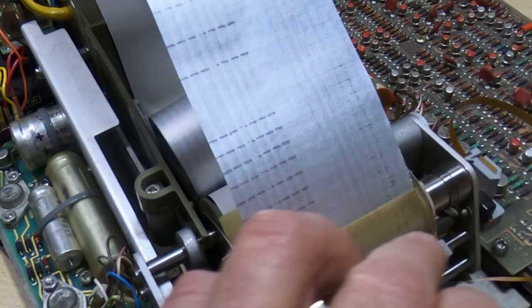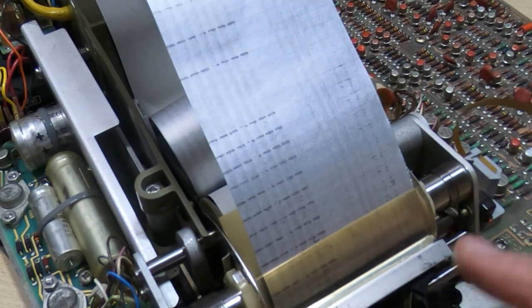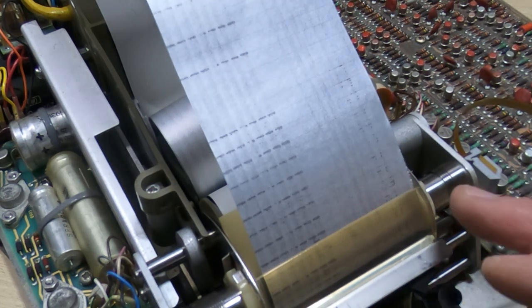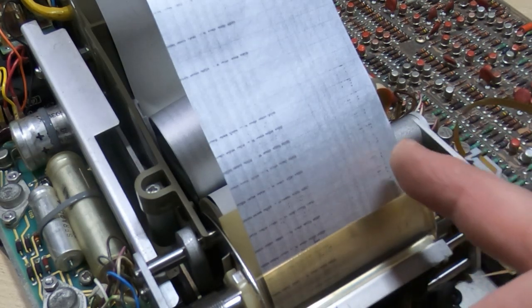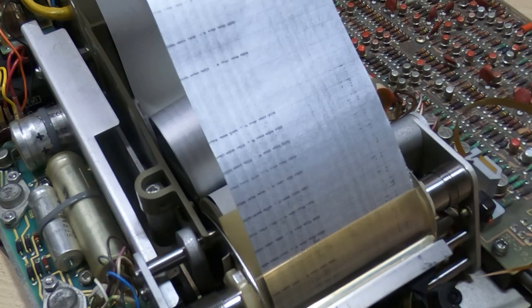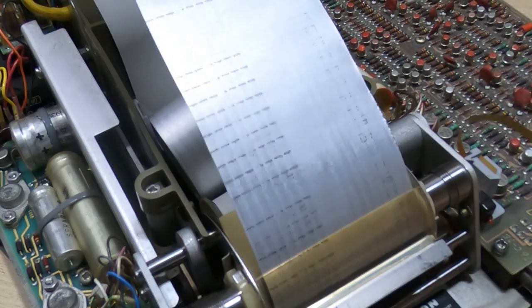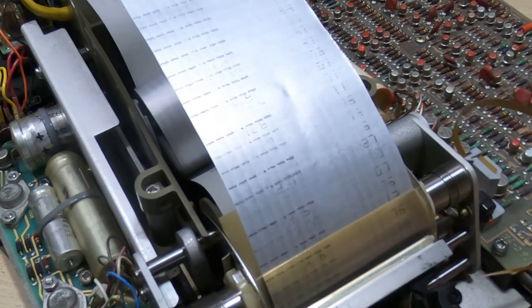But they are all conducting, so we're getting good conduction down all of the paths, all of the channels, and we're getting current flowing through each of the transistors when there is a pulse. That's looking quite good, but I think we just need to get the printhead cleaned up. So if I do try and print, as it prints it's getting rapidly clearer and clearer,